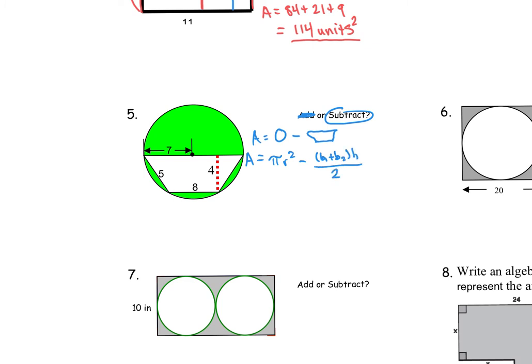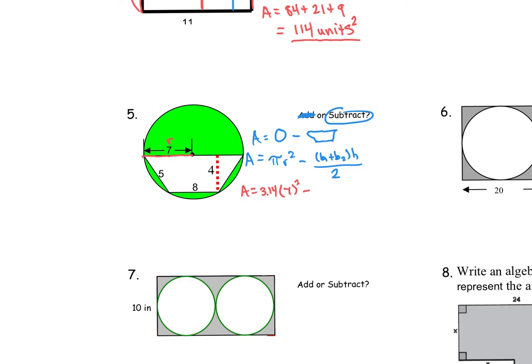So now we just got to plug everything in. So let's go ahead and look at this. Radius of the circle, well, this goes from here to the center. So the radius, this is r, that's our radius, which is 7. So this will be area equals, and we'll use 3.14 for pi. 3.14 times 7 squared minus,